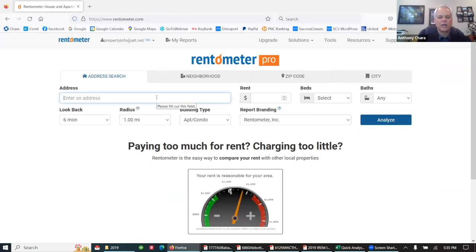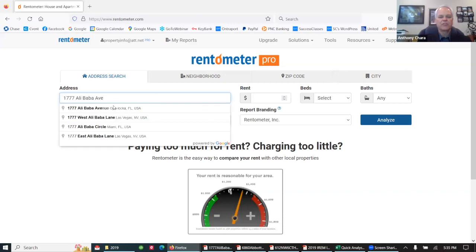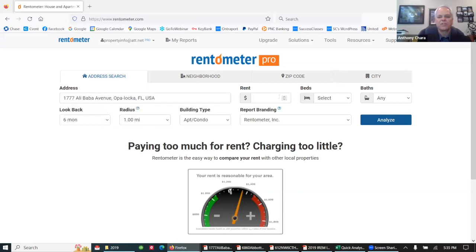This is called Rentometer. And I'm going to put in the address. And most of these are 1 bedroom and they're renting them for about $13.50. So I'm going to put in $13.50. These are 1 bedroom, 1 bathroom, at least the majority of them are. I'm not going to go through every single one just because we don't have time to look at the